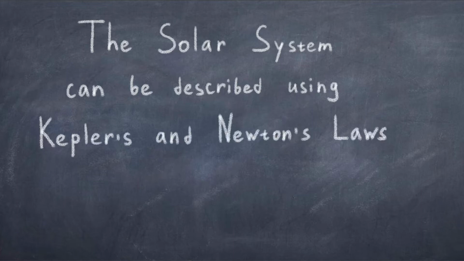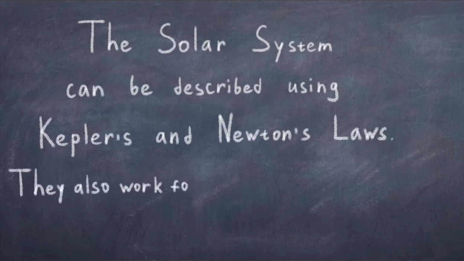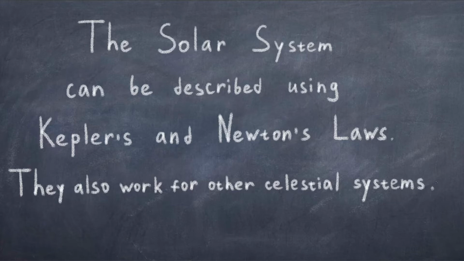Remember that physical laws should be general, so even though we're using our solar system as an example, the laws would also work for some other celestial system with a star and planets in another galaxy, as long as the system falls within the range of applicability of Newtonian mechanics.